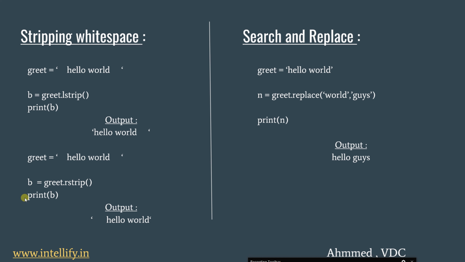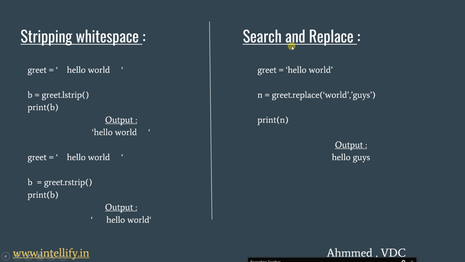And another method is strip. This is used to remove white spaces. The strip method is used to remove white spaces. In the strip methods, there are also two methods, lstrip and rstrip. lstrip is used to remove left side white spaces, and rstrip is used to remove right side white spaces. Okay,